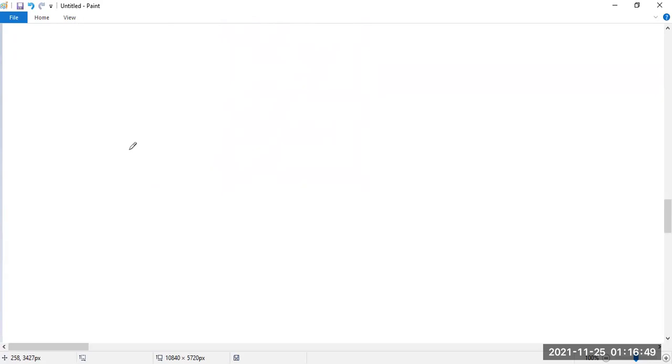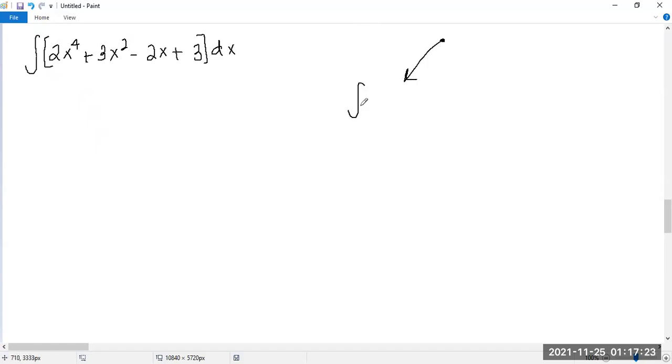Now, we've actually been able to cover the power rule and the constant multiplied by a function rule for antiderivatives. But how exactly do we do something like this? So suppose I had the integral of 2x to the fourth plus 3x squared minus 2x plus 3 dx. So you can see that the function that I'm taking the integral of is now quite large. And there are a couple things that we want to consider. The first is that if you're taking the antiderivative,